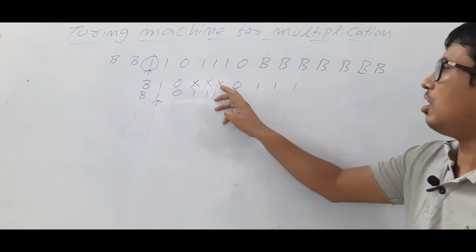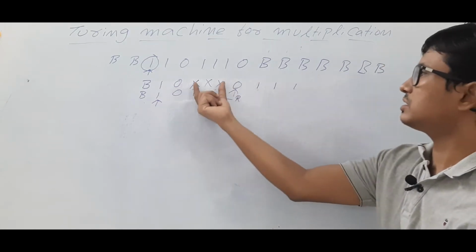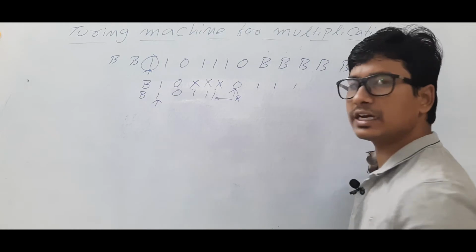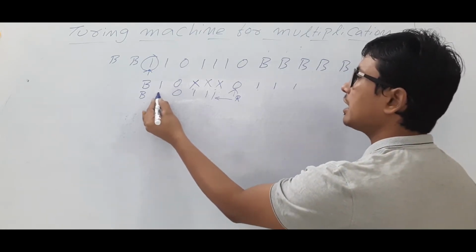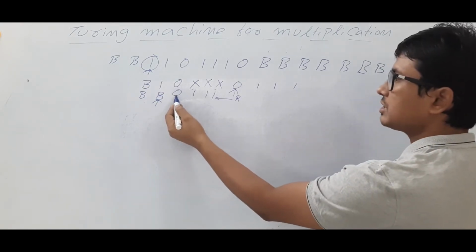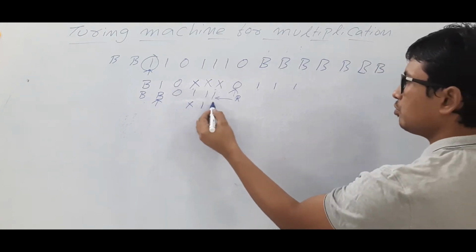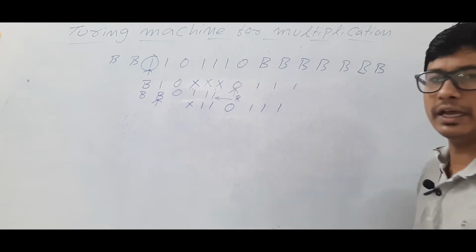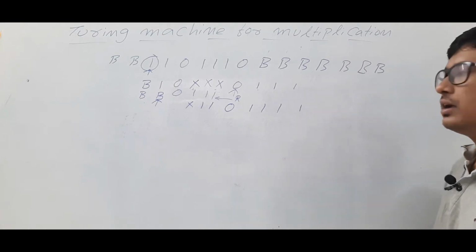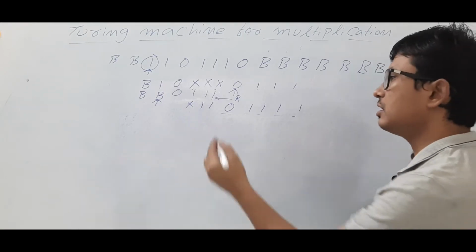So if you see, all x's became 1's, and here you have 3 1's. So these 3 1's we have replicated here, and these x's we made into 1 again. Next, in the second iteration, this 1 I will again make a blank. Then the same procedure: 0 I will keep as 0. Now this 1 I will make an x, and keep on moving to the right till I get 1's, 0's, everything. Once I get a blank, I will modify it as a 1 and keep on moving to the left. If I get an x, I will keep it as x and move to the right.